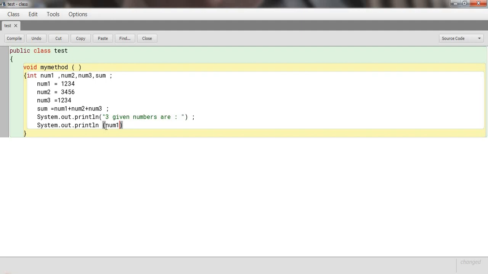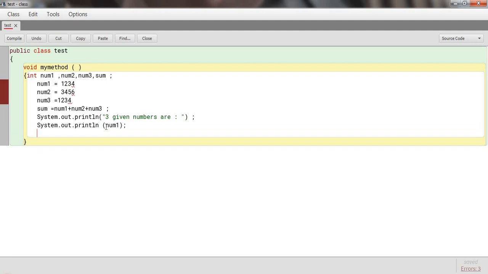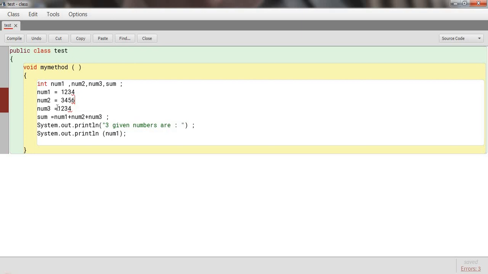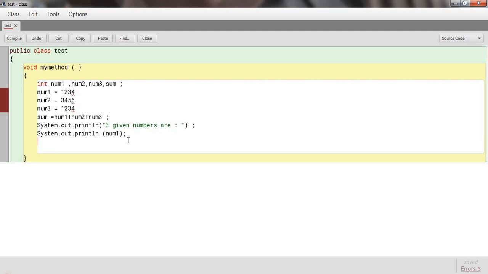Now before ending the line we have to again put a colon. Again enter, then again System, again put a colon, here num2 and again semicolon, and enter.